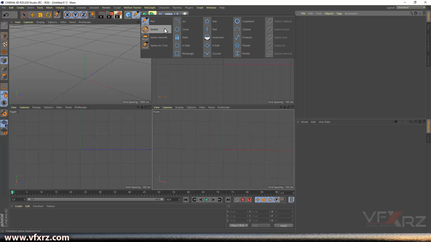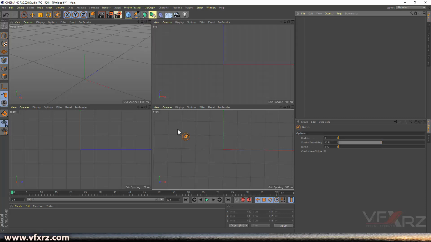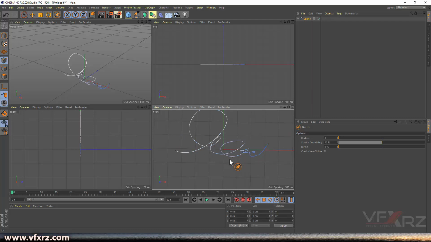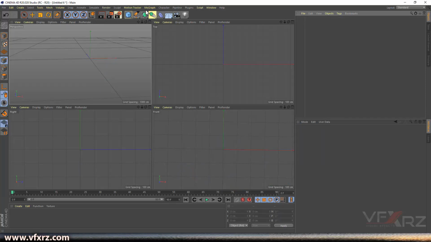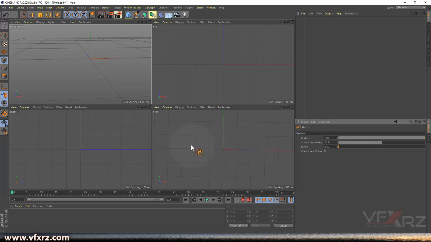Next here is sketch. If you click on the sketch, it's like your handwriting. For example, type your sign, or for example a text. Here you can see that handwriting, and here we have some options. First is radius. If I delete this and again click on sketch, and if you increase radius,